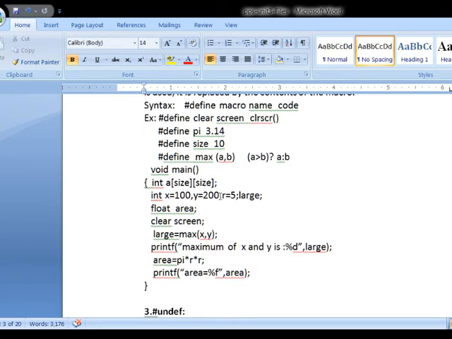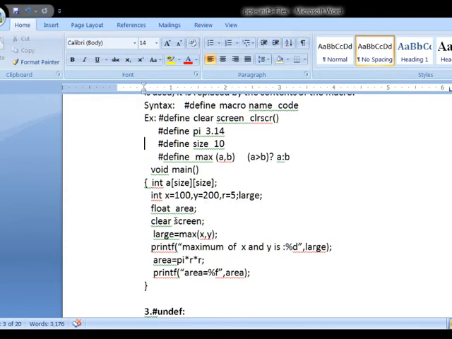In this program I am specifying the macro names. See where I have specified them. Here the macro name is SIZE in array A. Whenever a macro name is there in the current program, in place of the macro name, the corresponding code is replaced. Here, what is SIZE? 10. So in place of the macro name SIZE, the macro code 10 is replaced. That means I got A of 10.